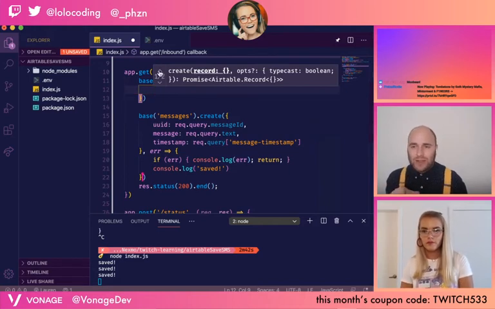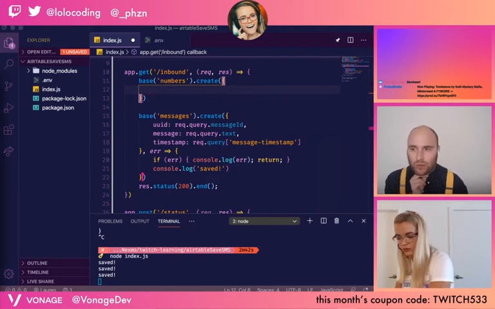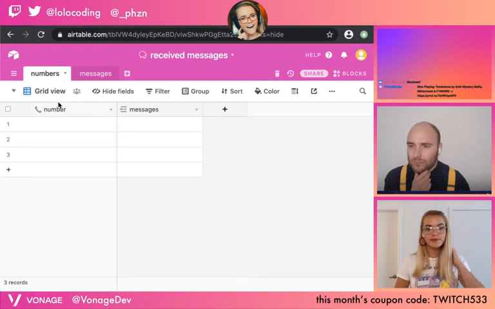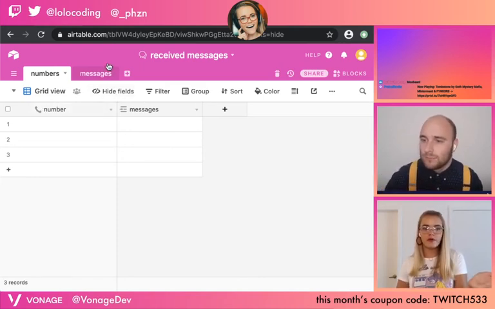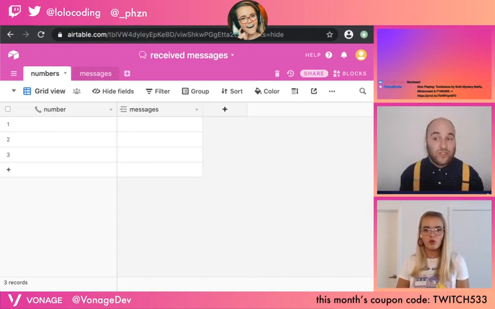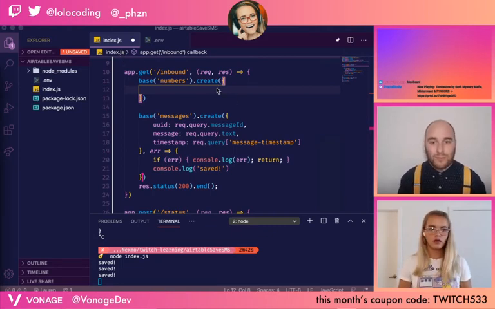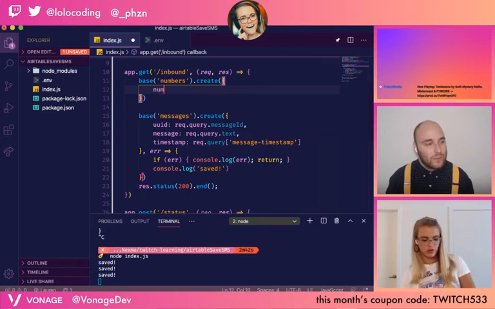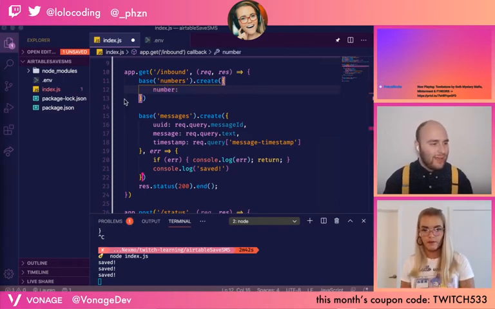Now let's quickly take a detour to Airtable just to remind ourselves of what the fields are called. In our numbers, it is number and messages. Well, messages comes from elsewhere, so we don't need that one, right? Correct. Okay, so just number. That's the only key we're going to need to provide in this object. Number. And the number is